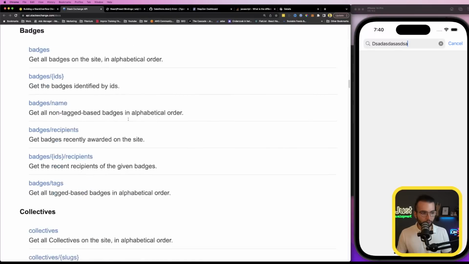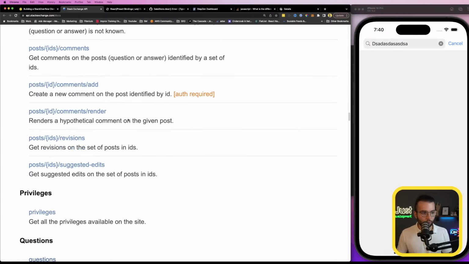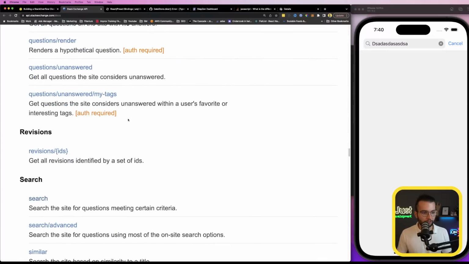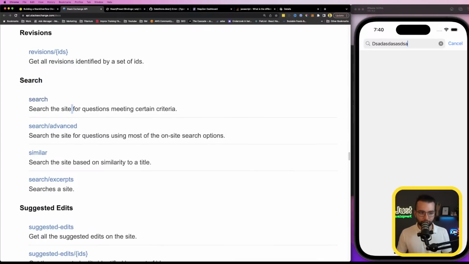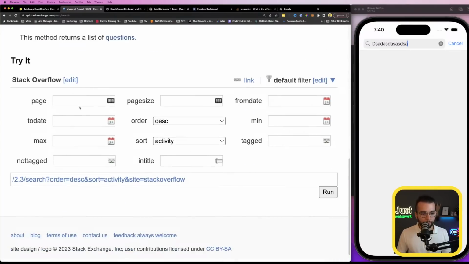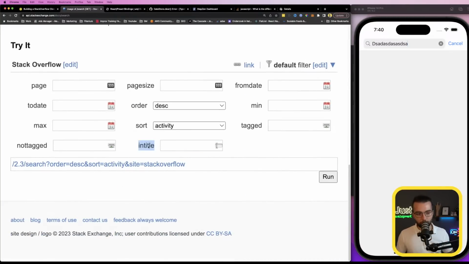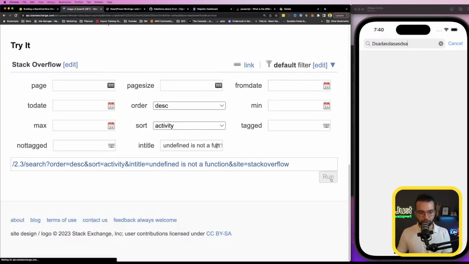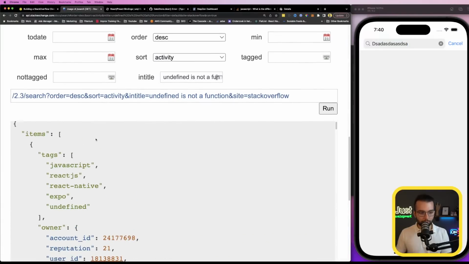So if I scroll down to questions, search for the site questions meeting certain criteria. Let's do search. Here you can read some of the documentation, but something interesting is that it has this property in title. That's how we're going to search, based on the property that is in title. So if I am looking for something like, I don't know, undefined is not a function, let's try to run it. And we have some questions with this